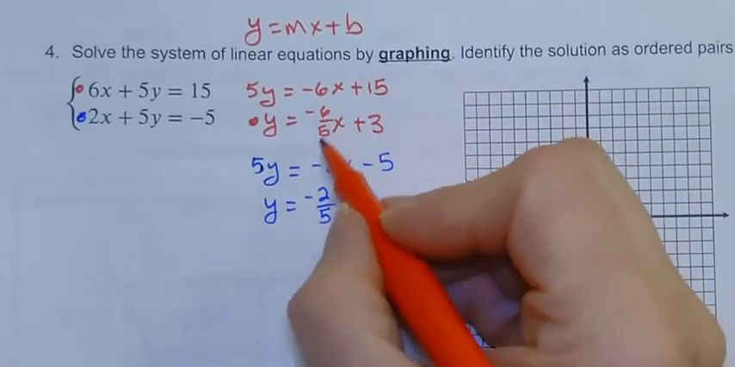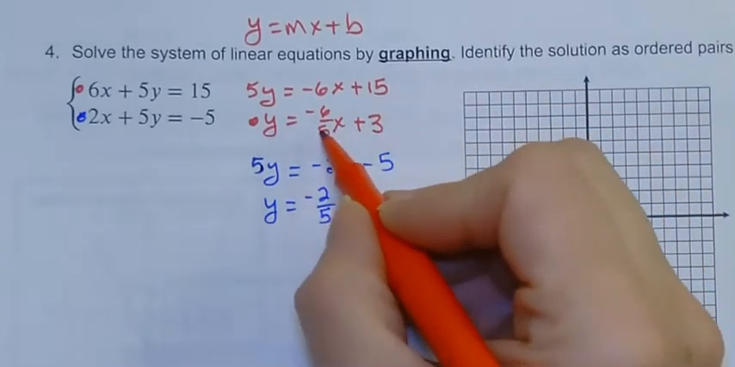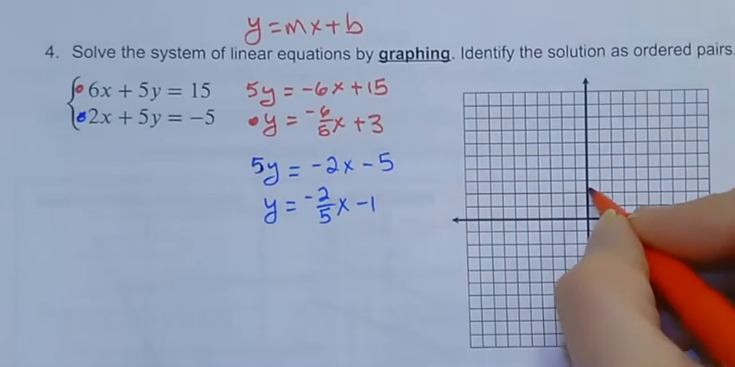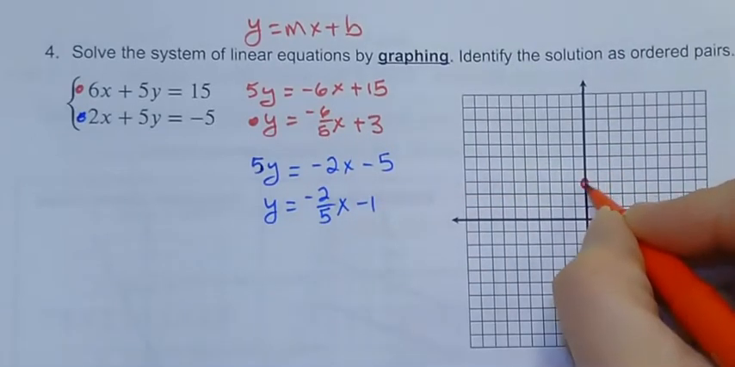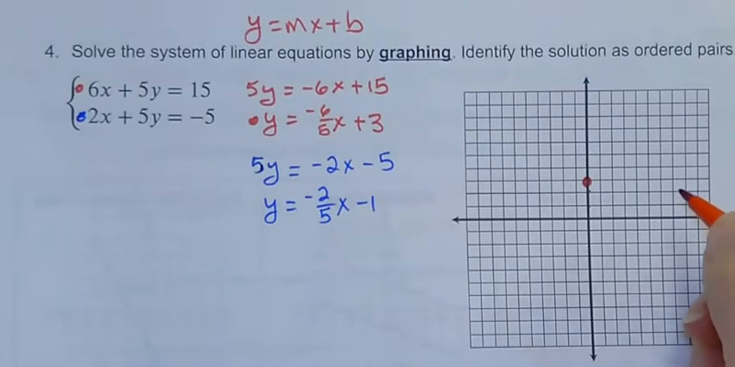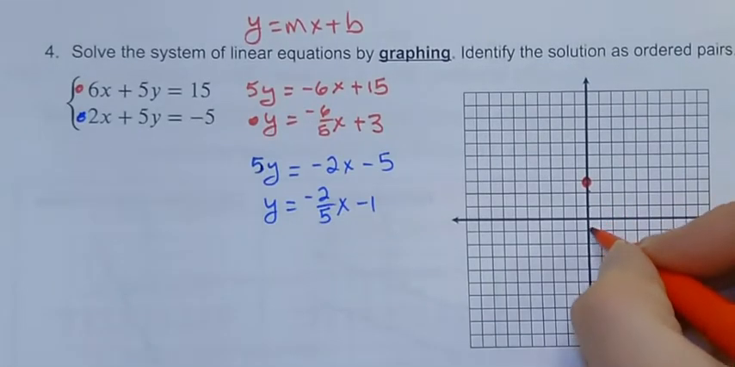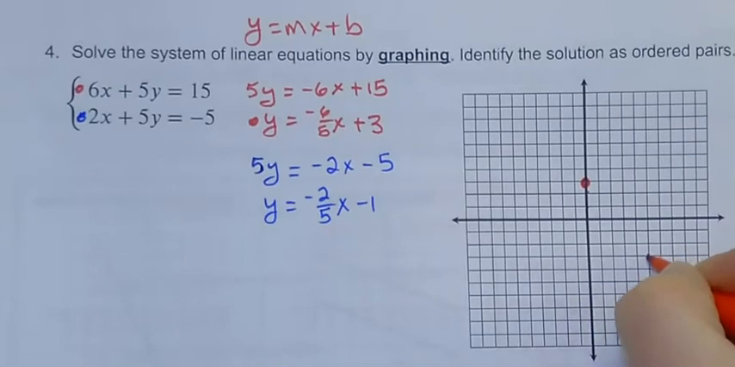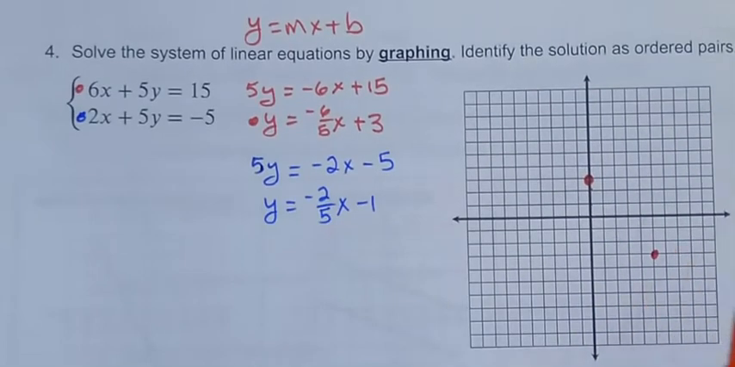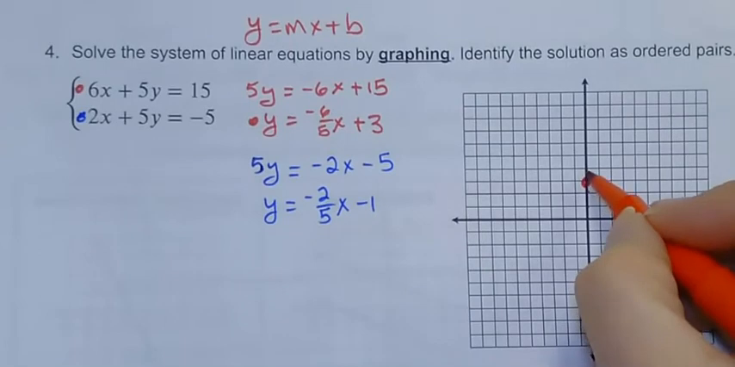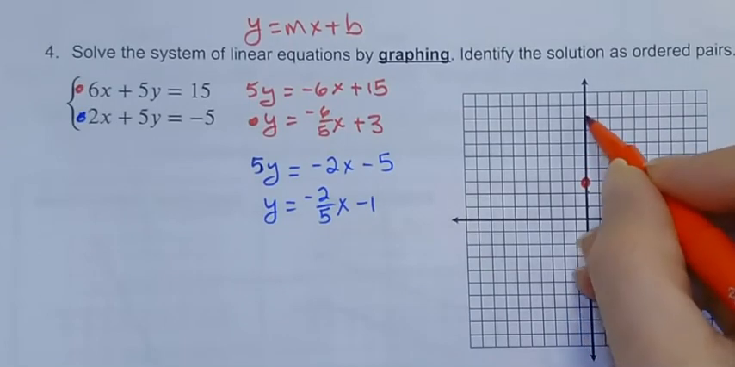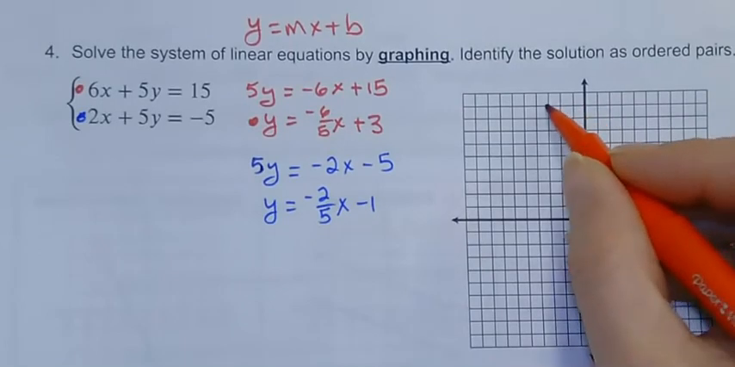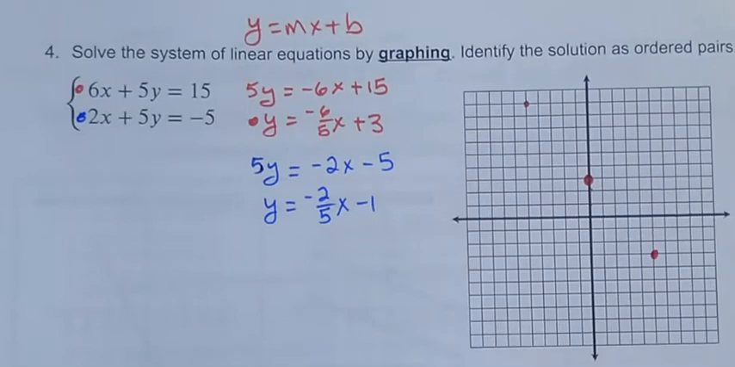My first line is y equals negative 6/5 x plus 3, and so I'll start at 3 on my y-axis: 1, 2, 3. Then I'm going to go down 6, and over 5. Okay, and I could do that again. I'm going to back myself up 6, and backwards 5. Okay, when I draw that line,